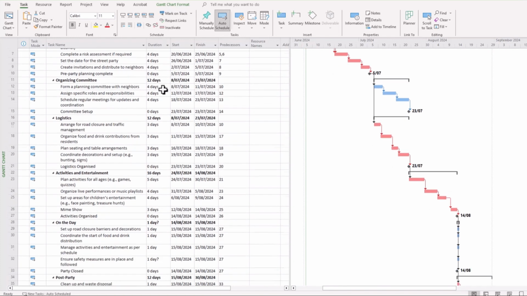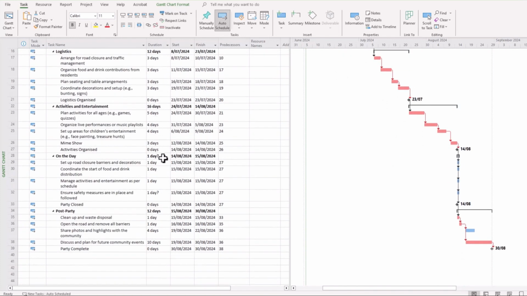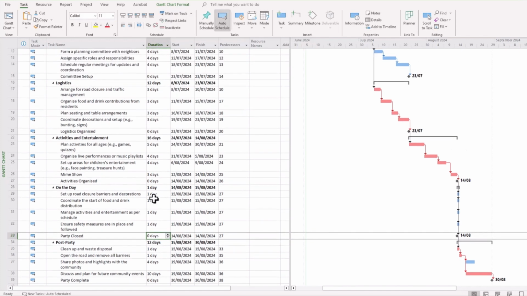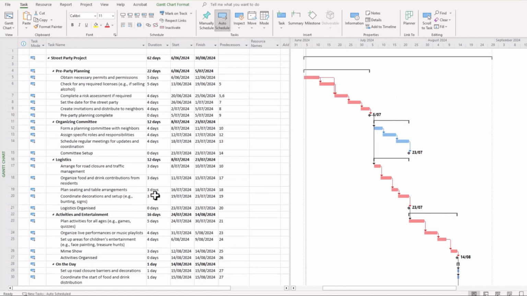And all you need to do is really scroll down. You can see that somewhere that fits in on this grouping. You can see here, ensure safety measures are in place and followed. 1 day question mark. Well, it shows that we need to consider the duration here. So simply make that adjustment and you'll see that the question marks go away.